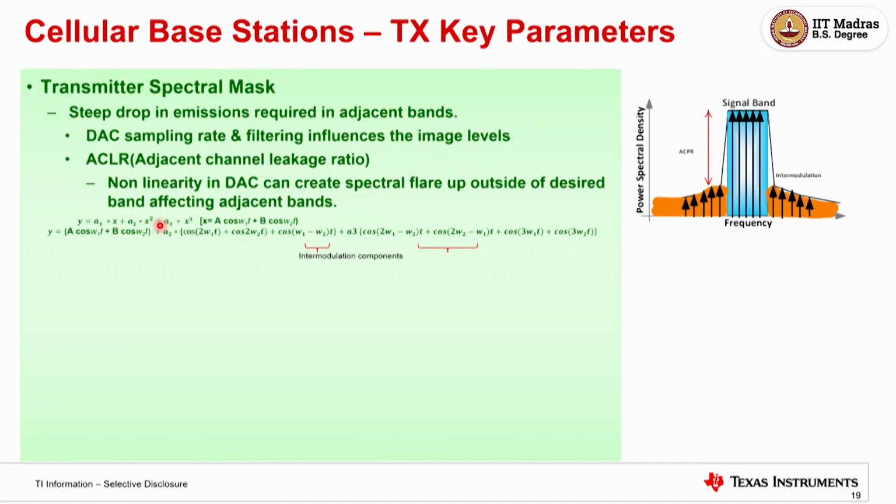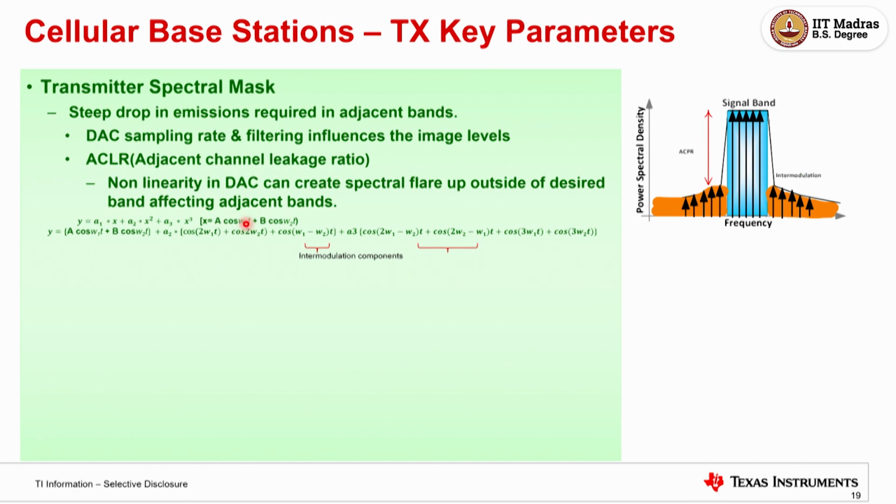Assume most of the devices are going to give you a square and a cube if you fit. That's the nature of the saturation, or the curve that is created by all the circuits like a DAC or PA. So the simple thing is, if you have two tones, a sum of two signals, cos omega 1 and cos omega 2, and you put it through and then do a cube or a square,